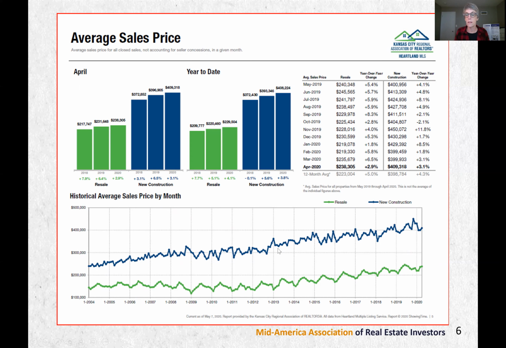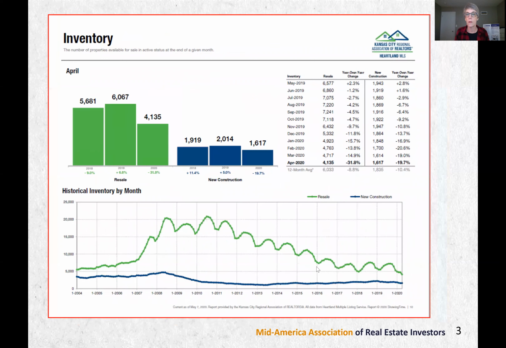As the sales prices have been going up and as the inventory has been going down, investors have been raising that 70%. Here was probably about 70%, but in the last few years, they've been paying 80 and 85%. So the profit margins for the people that are buying to flip have gone down greatly. But right now, everybody is advising, and I'm advising too, to be cautious and maybe go back to that 70% and try really hard to get down to 65.